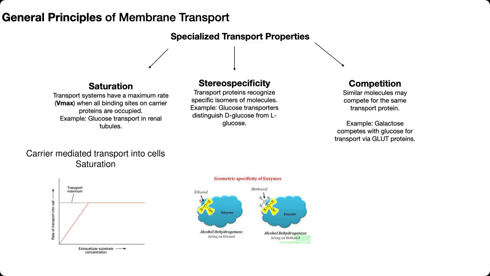All right, and then finally we have the idea of competition. Similar molecules can compete for the same transport protein. All right, galactose will compete with glucose for transport by way of GLUT proteins. All right, GLUT proteins are the proteins that transport glucose. So sometimes if galactose looks enough like a glucose, it might try to bind and use that transporter. So it's almost like you're competing for those seats. Okay, that's